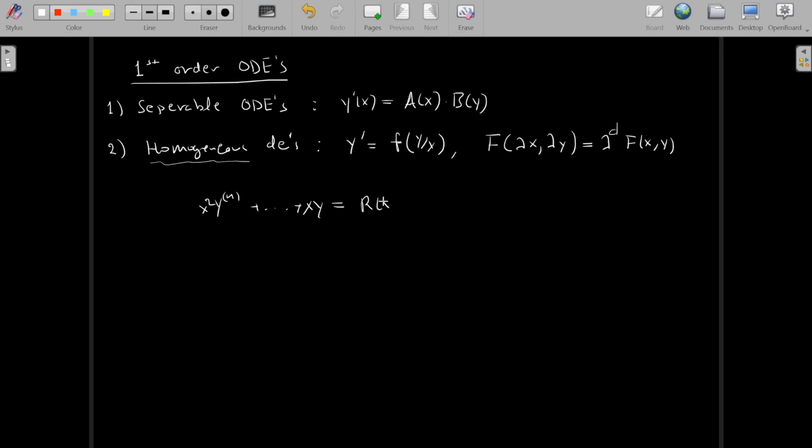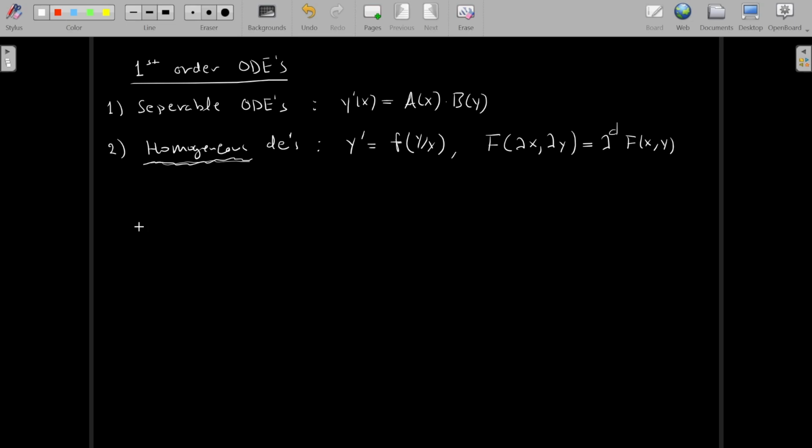If this, however, depends on some non-zero function of x, then this is a non-homogeneous differential equation. And we'll check many kinds of non-homogeneous differential equations as well. But this is what homogeneous and non-homogeneous stand for in differential equations